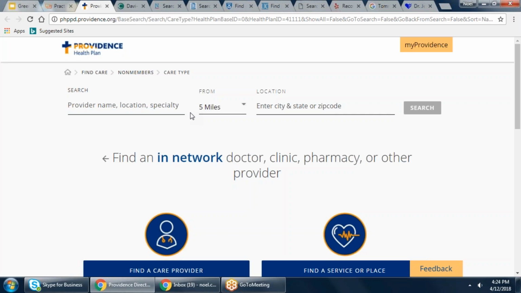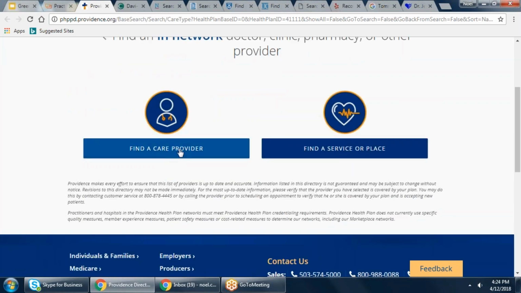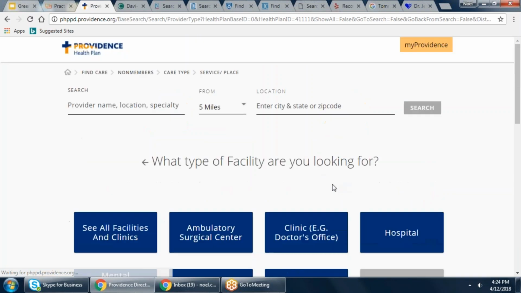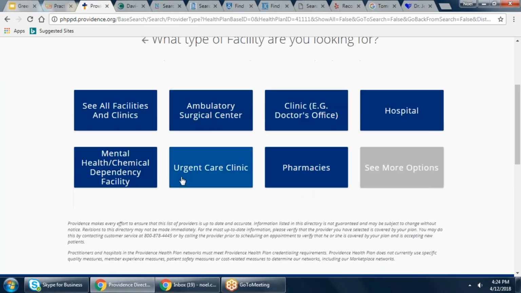One of the things that they've realized is that when people are coming through doing a search, they might want to look for a care provider, or they might look for a service or a place. And this, just based on analytics, is getting a lot of traffic coming to the find a service or place. And when you're doing this, I can come in here and say, for example, I want to look for an ambulatory surgical center. And when I come into the ambulatory surgical center, here,